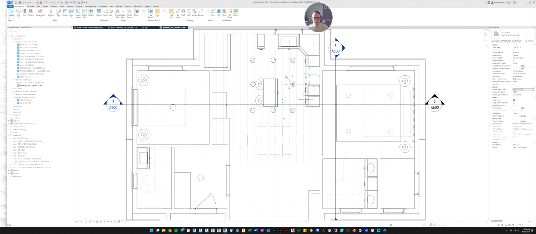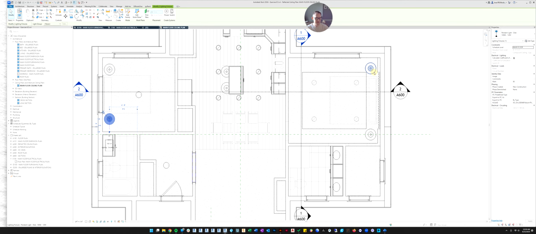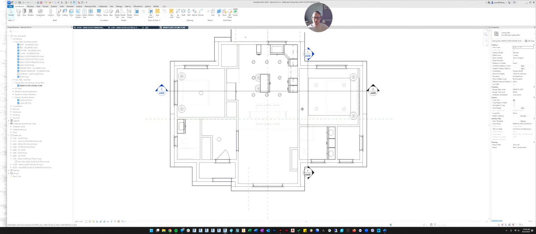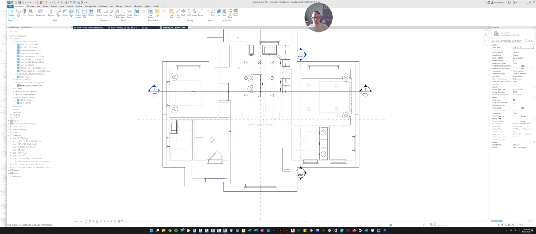So now if you want, you can start adjusting things. If I didn't quite get these right, now I can select them and I can move them because they're on the ceiling and I am looking at the ceiling. So here we go. Let's move those tighter into the bed. And that's maybe more what I want. So you'll go through and you'll put all the lights in your project. I'm just going to stop here and I'll let you continue to do your project.